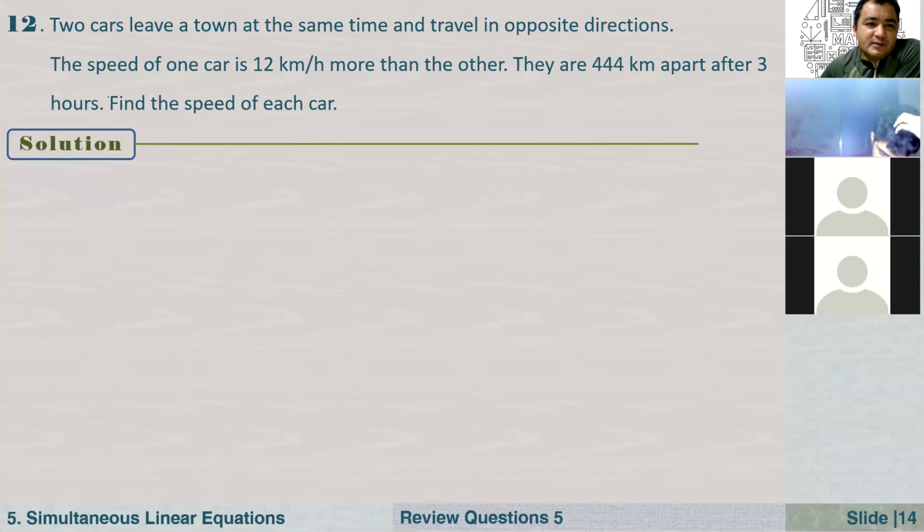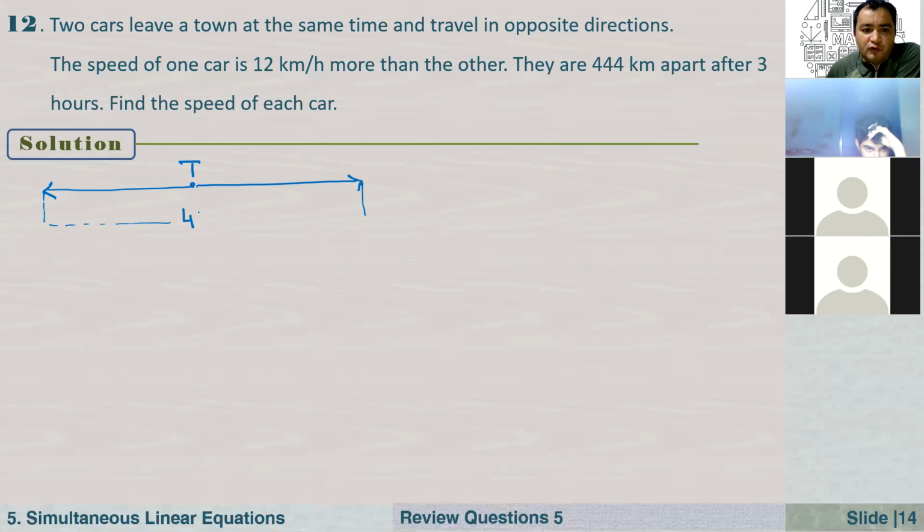Okay, guys, let's solve this. Two cars leave a town at the same time and travel in opposite directions, right? Let's say the town is this, and they are traveling in opposite directions, right? One is moving in this direction, the second one is moving in this direction. After 3 hours, this guy is somewhere here, and this guy is somewhere here, and the distance between these two cars, what is it? It is